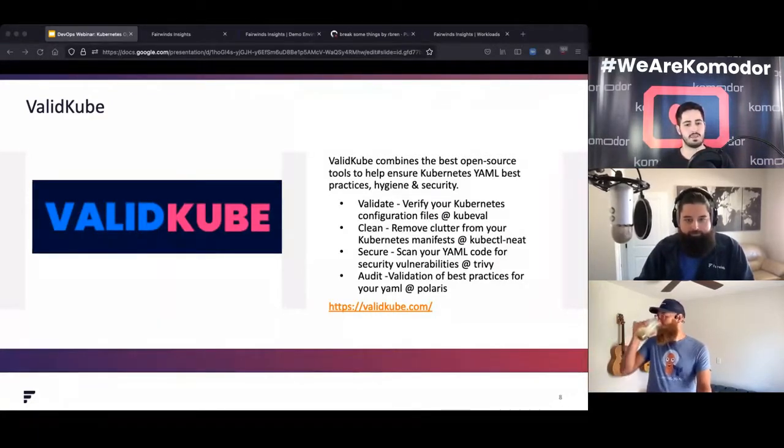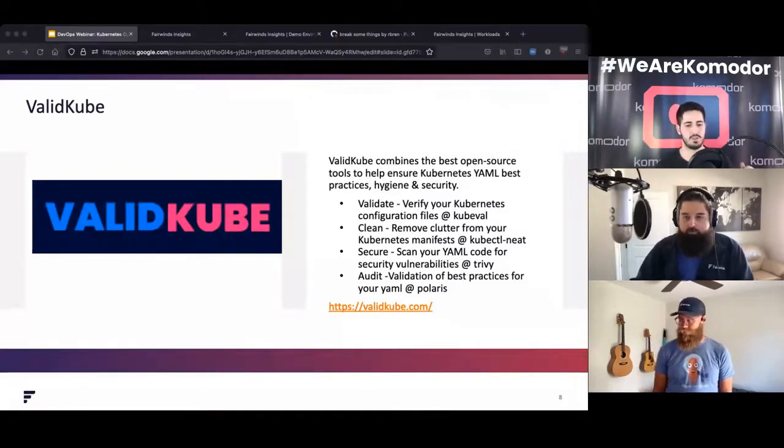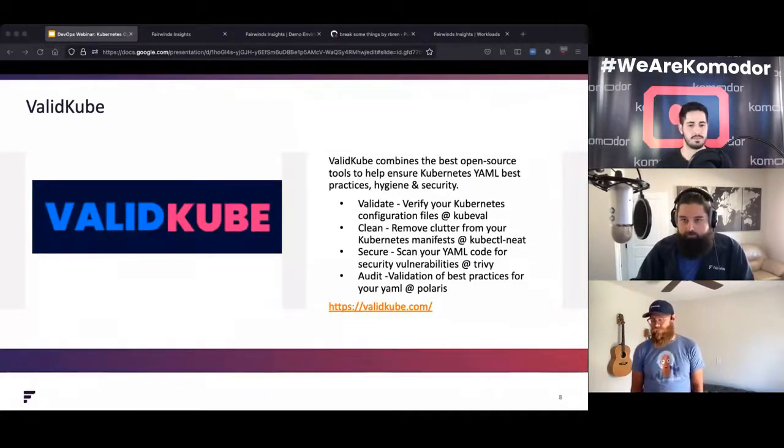You basically enter your YAML as an input and one of the 4 tools and get the output that you want. The 4 tools that we run currently on the ValidKube. The first one is validate. As it sounds, it validates YAML. It validates that YAML is formatted as Kubernetes expects, that all the required fields are there, and you don't miss anything.